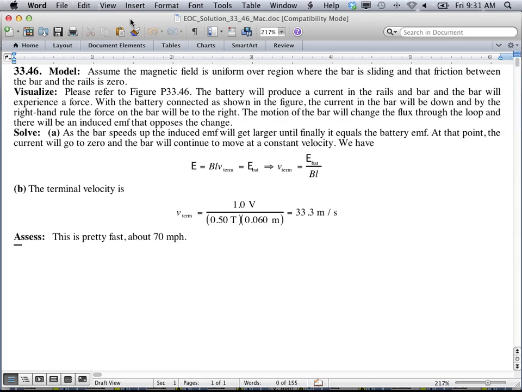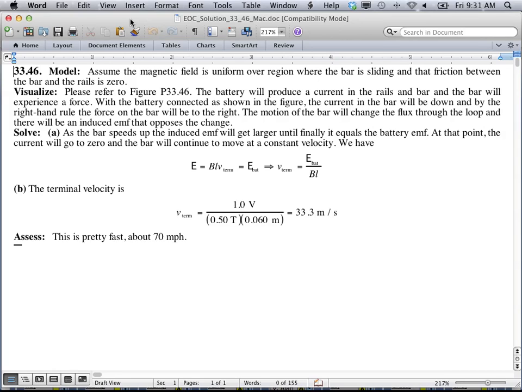So I understand that the bar accelerates, but its velocity gets faster and faster while its acceleration goes down over time because of the back EMF. Yes. The acceleration keeps getting ticked away until it reaches zero, and then the velocity is constant after that. So if you get a really powerful battery and really long rails, then you can basically take a